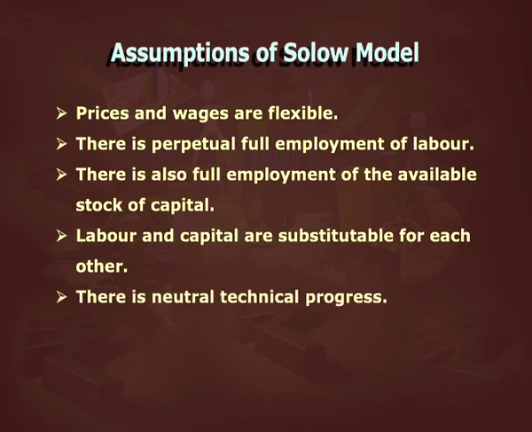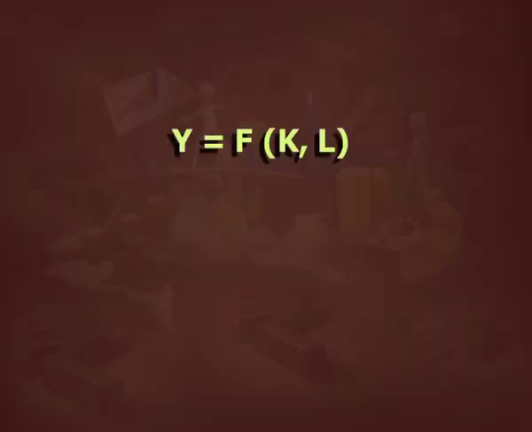There is neutral technical progress. The saving ratio is constant. Friends, now we will understand the model. Given these assumptions, as there is neutral technical progress, the production function is Y equals a function of K and